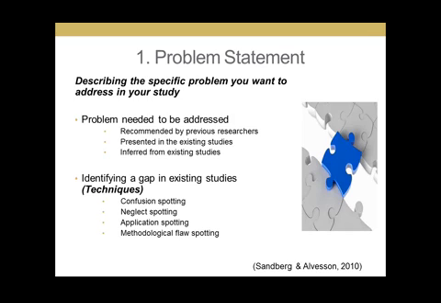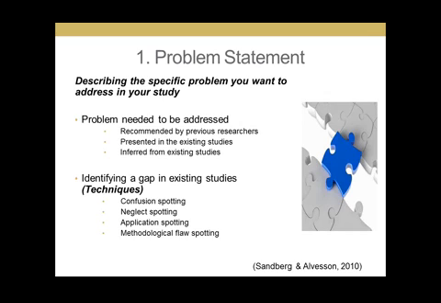Maybe there's a study that has focused on quantitative, trying to collect numbers. And then maybe there's information about one variable causing the other variables, right? There's a causal relationship between two variables, and all the researchers are saying there's a causal relationship between two variables using a quantitative study. So you want to do a qualitative study and find out how variable A is influencing or impacting variable B. So you are looking at the process, the causal process, and that is where you can also do your research.